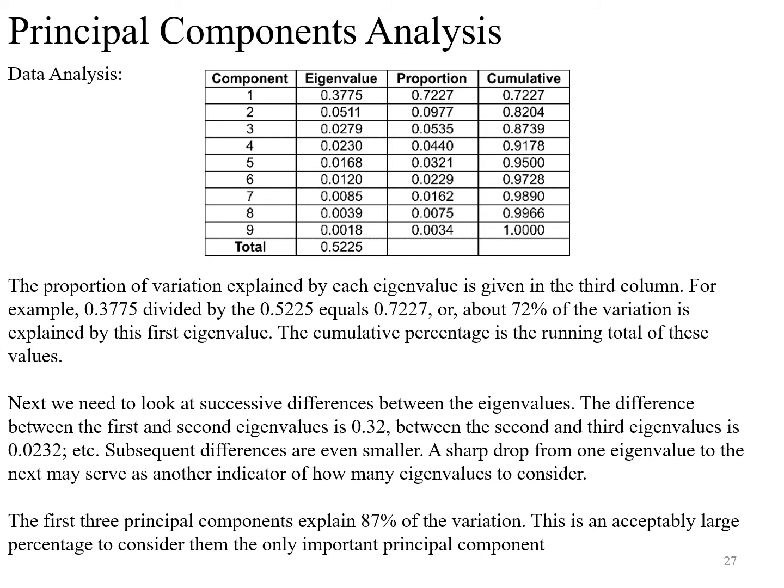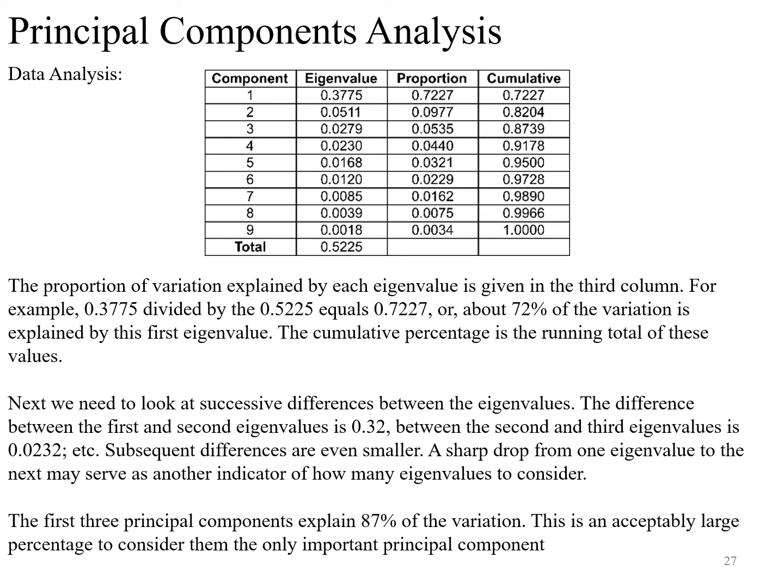There's a sharp drop after the first principal component. That explains 72% of variance. The next only explains 10. And then after that, there's 5% of the variance in the next one. I'd argue for this data set that probably 2 principal components are sufficient, but